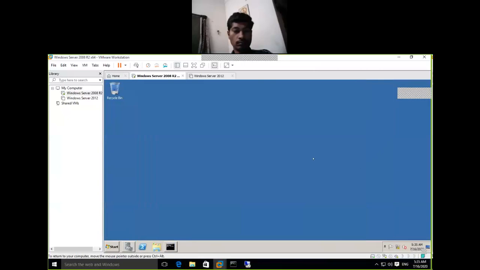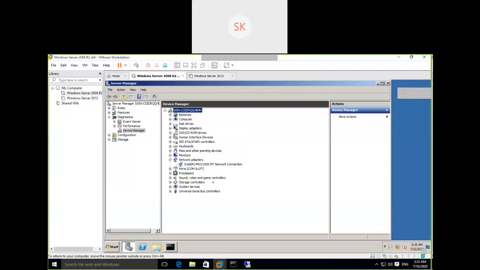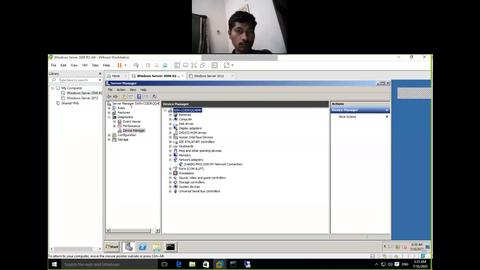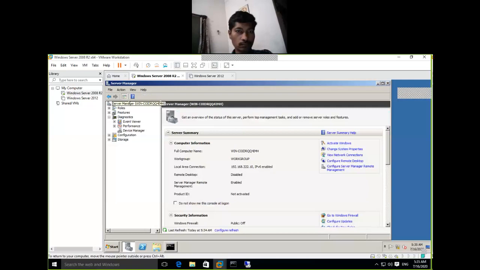Okay, go to Server Manager. On Server Manager, right click properties, or on My Computer, right click properties.